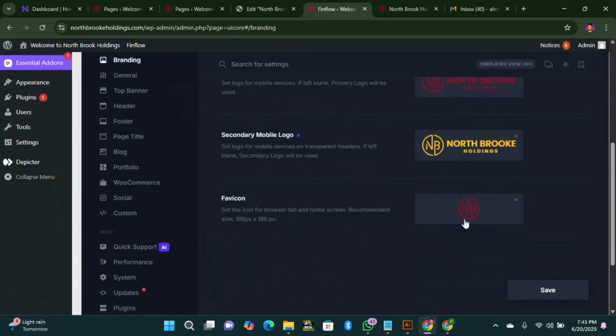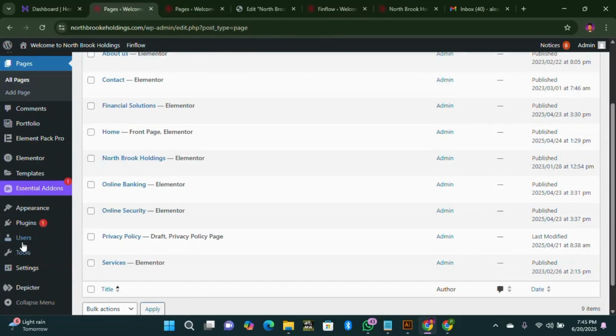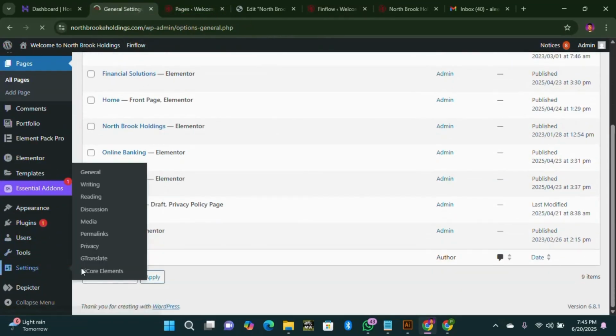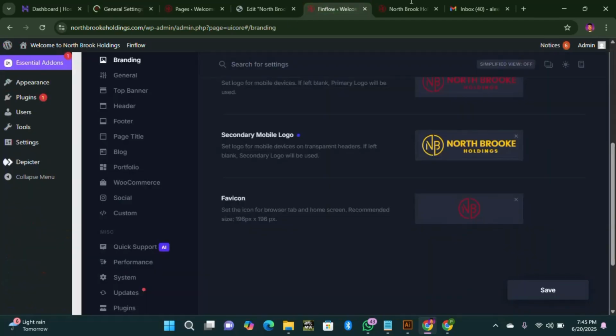So this is the logo and this is my favicon. You can see everything has changed here. I noticed that if you put the favicon here, it will show on the page, but it's not going to be carried by your dashboard. So you need to come down to these settings here, and the favicon, so I change it right here. So that it will take on the brand right here, it will change on